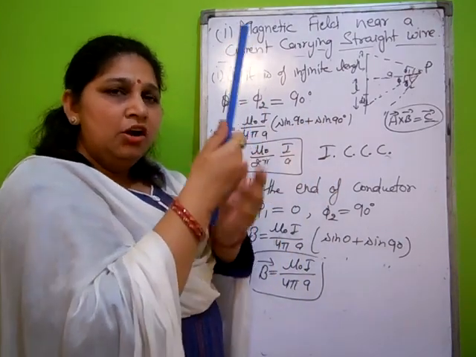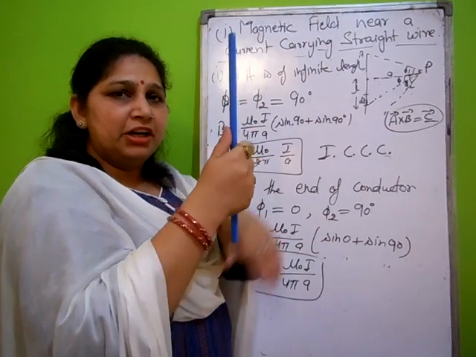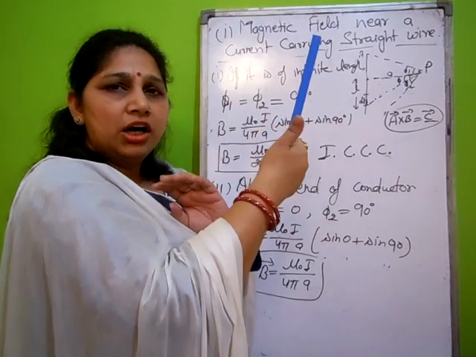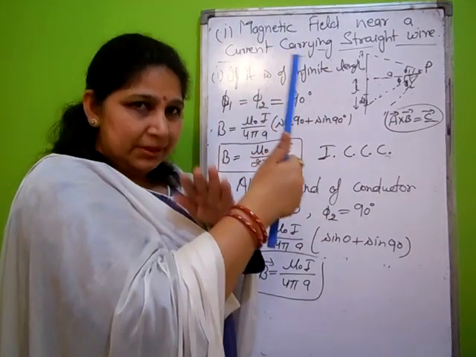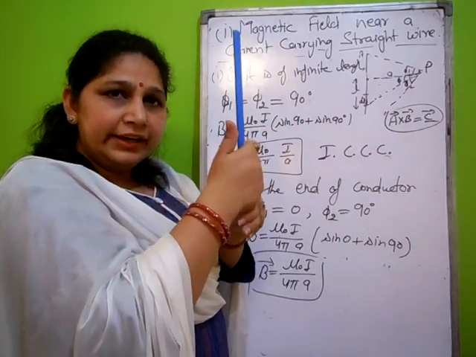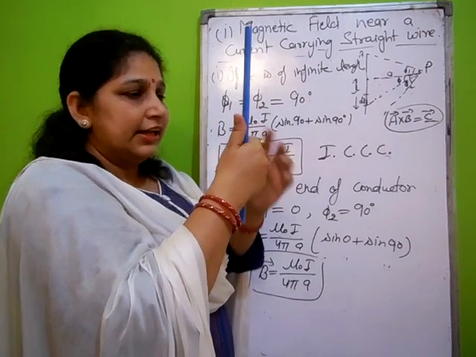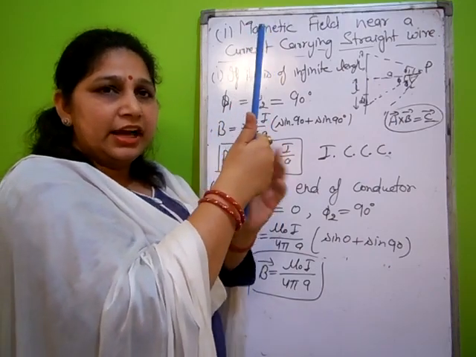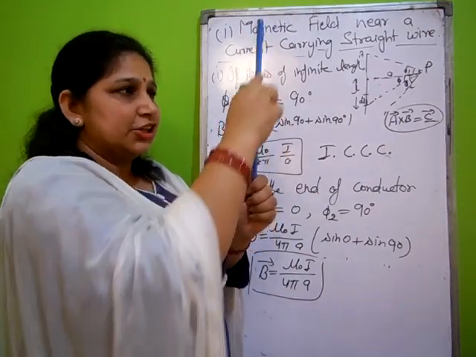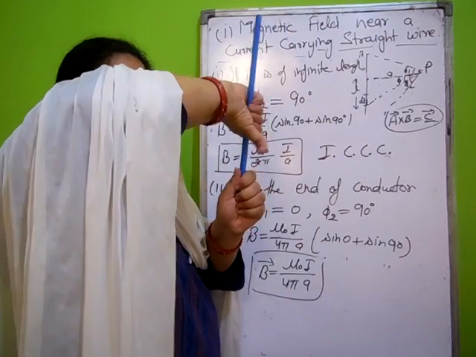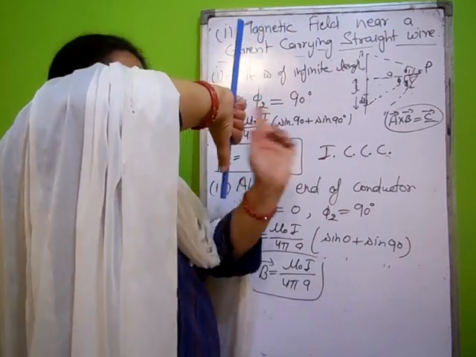And the other law, to find the direction of the magnetic field for a straight current carrying conductor: always imagine the current carrying conductor held in the right hand, and the thumb is the direction of current. Then the magnetic field is indicated by the direction of the fingers. Suppose the direction of current is downward, then we will hold it like this. Then the magnetic field will be